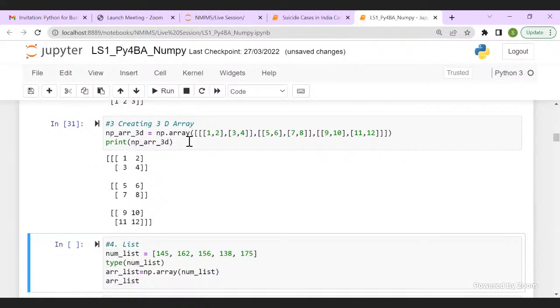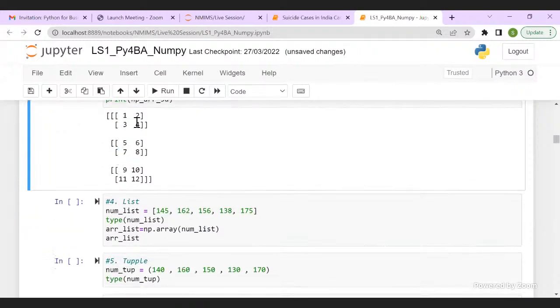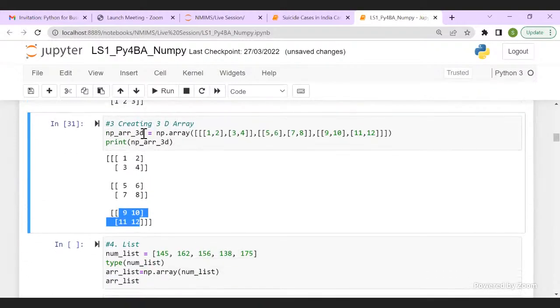So you have here your 1st 2D array, 2nd 2D array, and 3rd 2D array stacked on top of one another. Please go ahead and create this and see if you are able to do it.